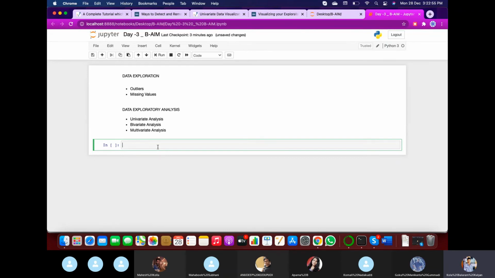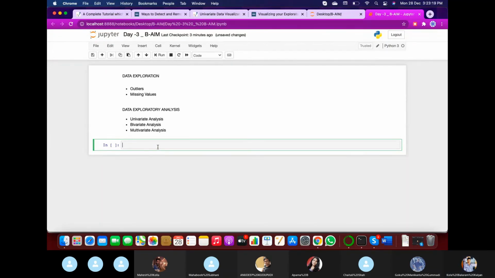Quantitative means which can be quantified in terms of numbers, which can be quantified on a measure of scale. Generally these are our weight, age, height, marks. These are quantitative variables, whereas qualitative variables cannot be quantified.